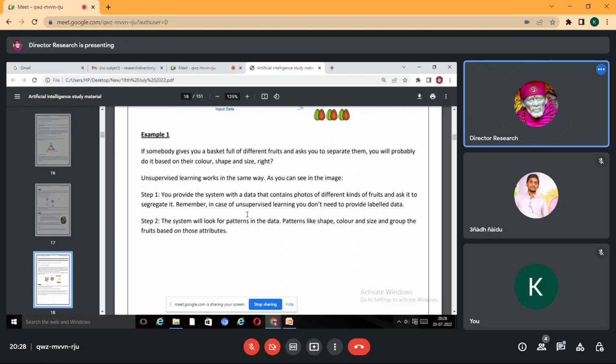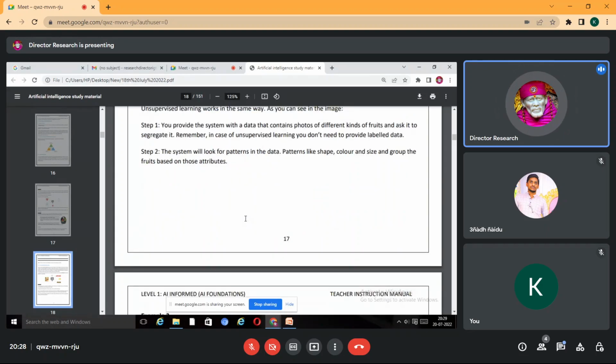Step 1. You provide the system with data that contains photos of different kinds of fruits and ask it to segregate. Remember, in unsupervised learning, you don't need to provide labeled data. Step 2. The system will look at the data patterns like shape, color, and size and group the fruits based